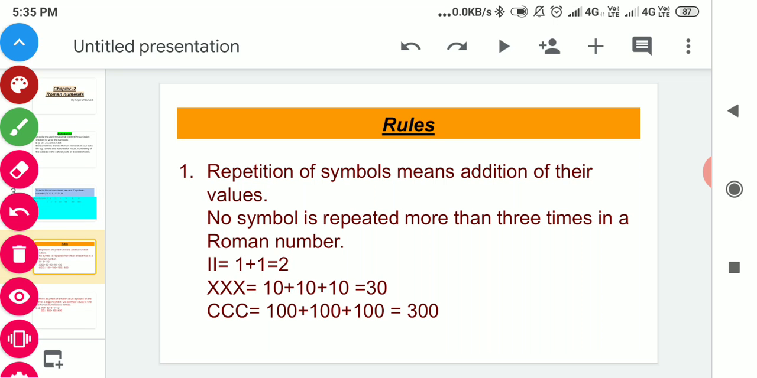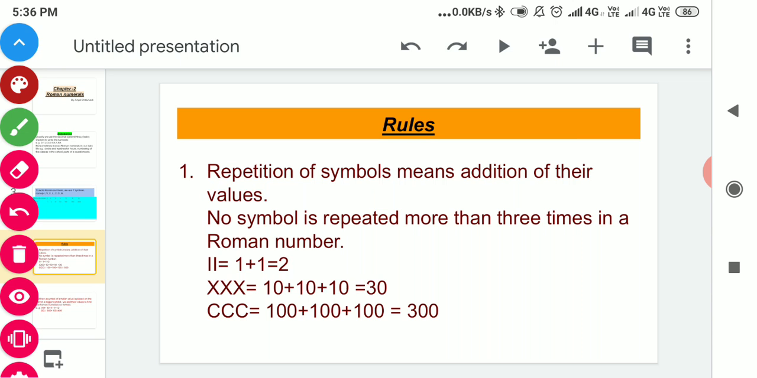Now there are some rules for forming the Roman numbers. Rule number 1. Repetition of symbols means addition of their values. No symbol is repeated more than 3 times in a Roman number. Means if any symbol is repeated, it means we will do addition there. But we can repeat only up to 3 times, not more than 3 times. Example,